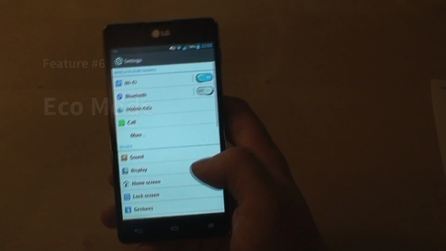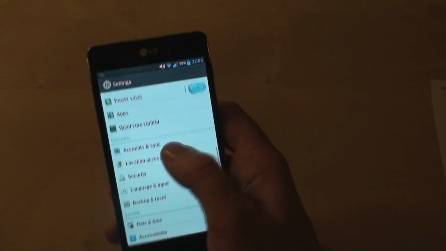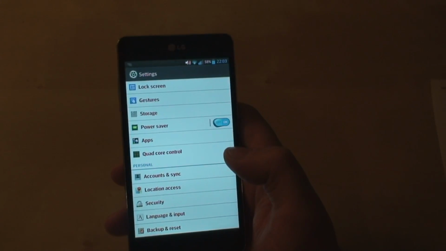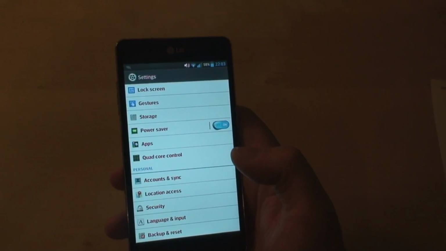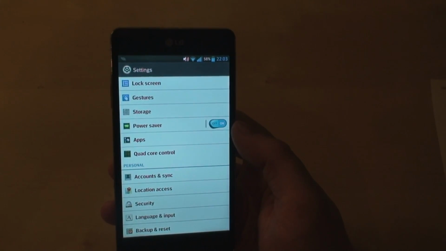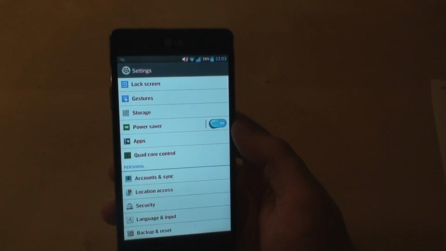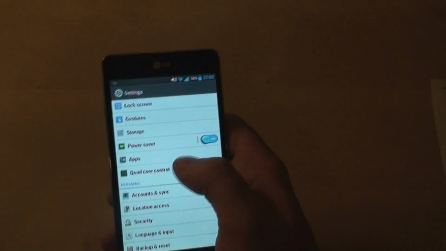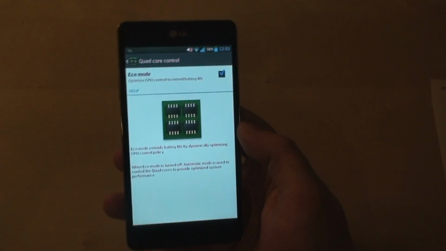Eco mode, we go down here, is a way to save power. I haven't got much information on this eco mode, and it's supposed to control the CPU, and I'm guessing that it underclocks the CPU when it's not in use to save some power. It's found here in the main settings on the quad core control. Eco mode is the only thing there, so